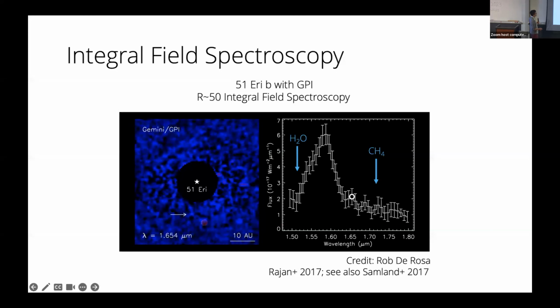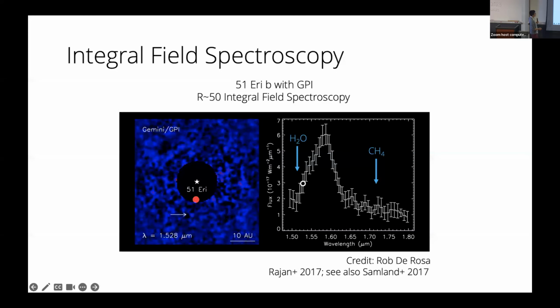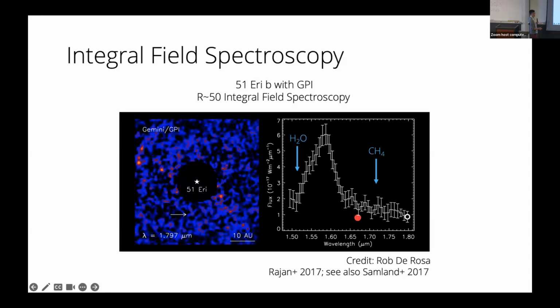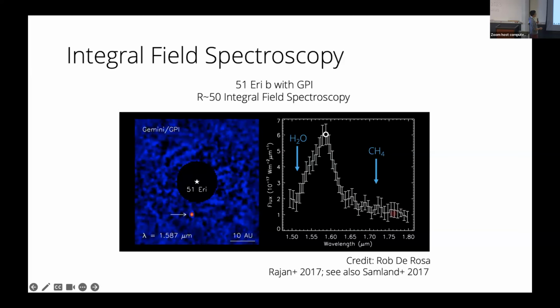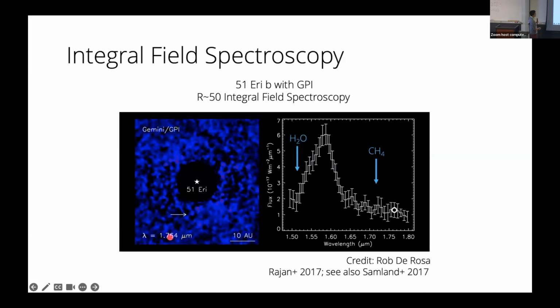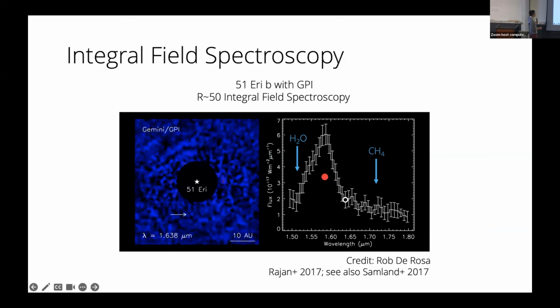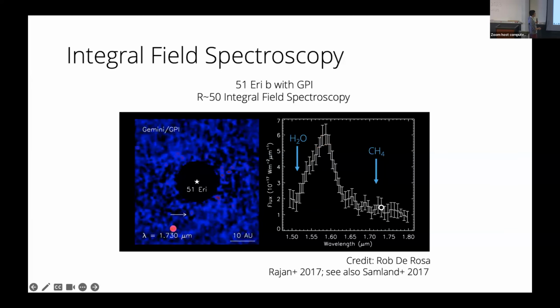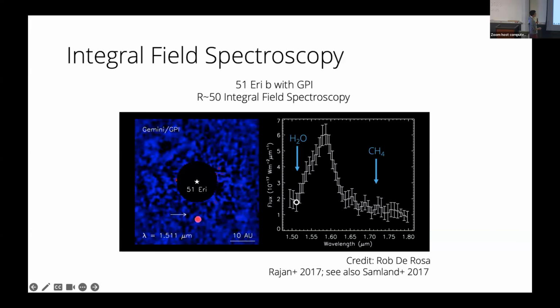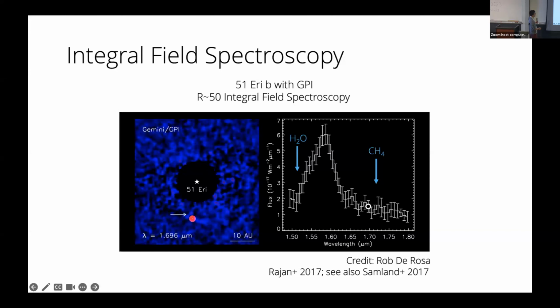So this is an integral field spectrograph image in the H band, about 1.6 microns, of 51 Eridani b. The planet is right here. And you can see that there's both water and methane absorption in this planet. So when the planet atmosphere is absorbed by both water and methane, the planet is very faint. And then in between these two opacity bands, when there's no absorption, you can see the planet peak up in brightness. And basically we have images at 37 different wavelengths,